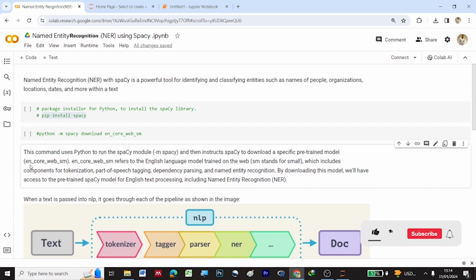Here the en refers to the English language. spaCy can also perform operations on other languages such as Spanish, Finnish, or German. Here the core signifies it can be used for general purpose pipelines such as tagging, parsing, lemmatization, and NER. And web refers to the model being trained on web text, and sm refers to small. So by downloading the model, we will have access to the pre-trained spaCy model for English text processing, including